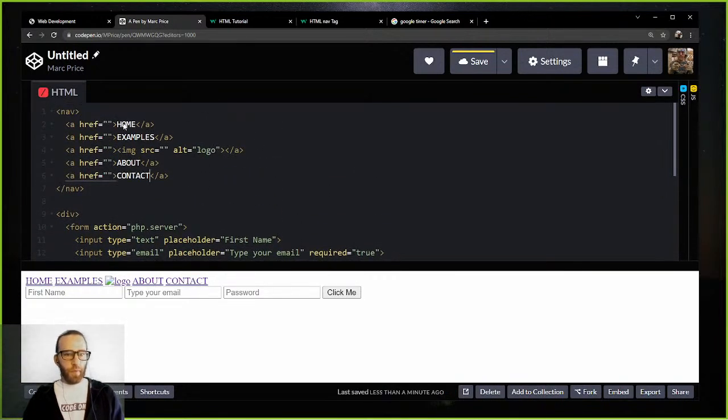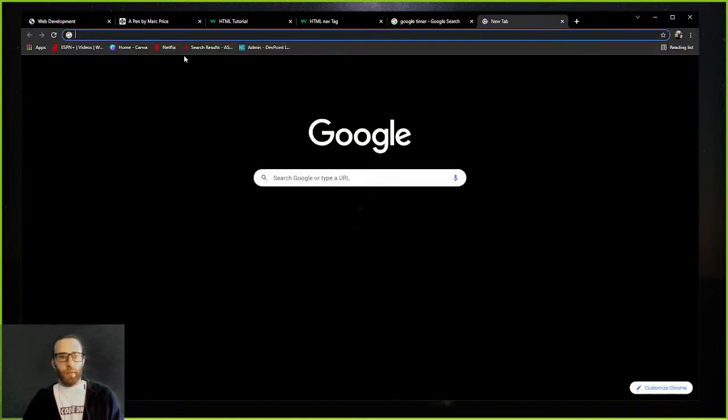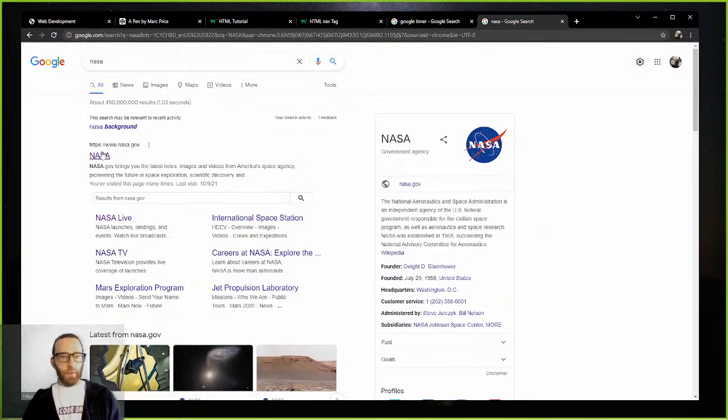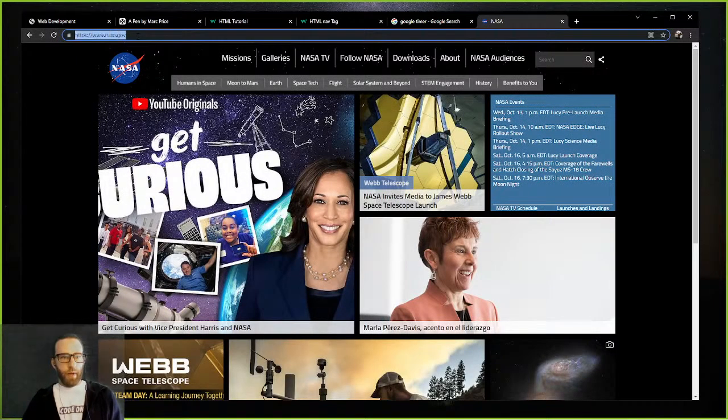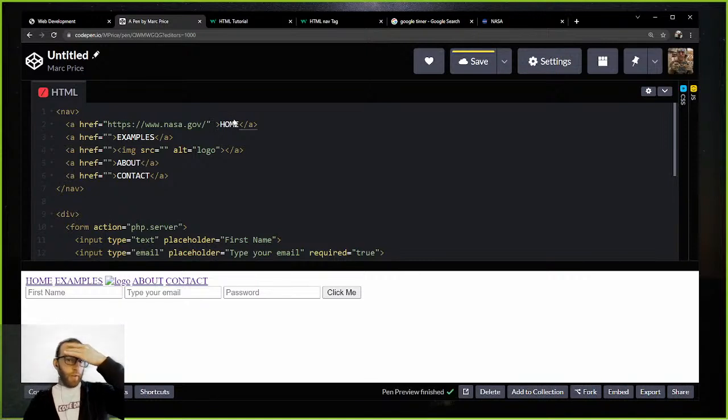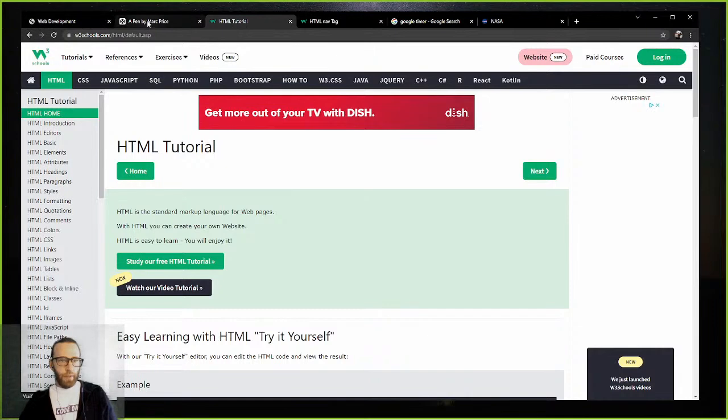Now, let's start off with this home area here. Inside the href, I can have it point to a specific location on the web. Like if I wanted my home button to go to, let's say, anything. Let's go back to NASA because I like space stuff. If I copy this URL, paste that inside my CodePen. Now, when I click on this home button, it's going to take me to this website, and it's going to take me away from CodePen. Now, I forgot what attribute I need to use,